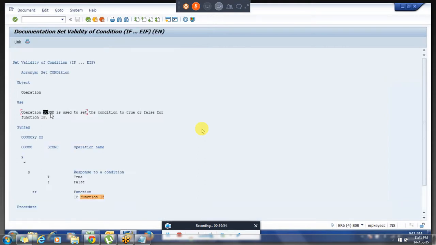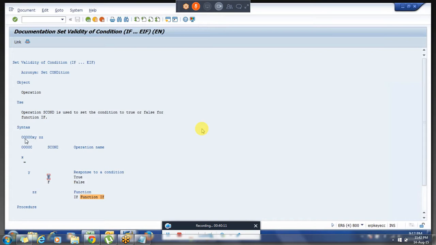This is a single operation given by SAP, SCOND, and the characters have to be maintained like this. SCOND is equal to x, which can be is equal to, and here they have given y, telling true or false.